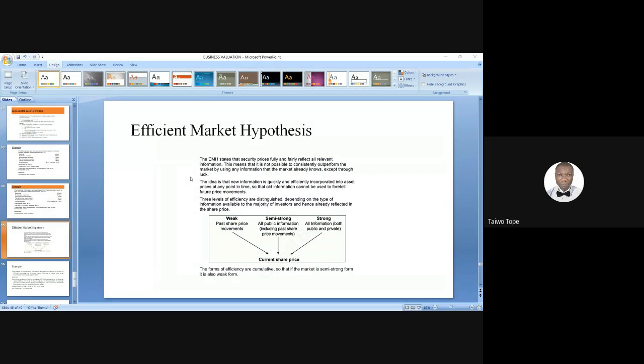So the point is, in an efficient market, shares are priced to give investors the exact return to reward them for the level of risk in their shares. So as a result, the purchase of a share is a zero NPV transaction because the price paid for the share is an accurate reflection of its worth. No privileged information in an efficient market. So that is what this concept is all about.